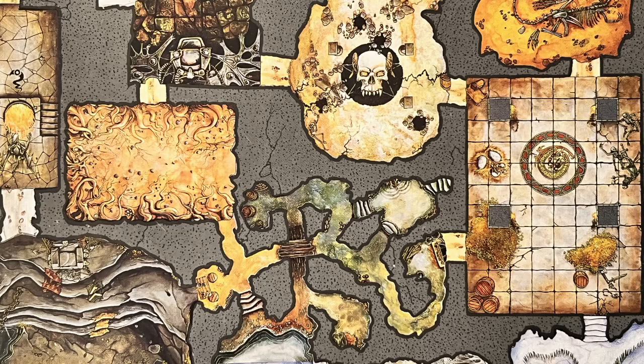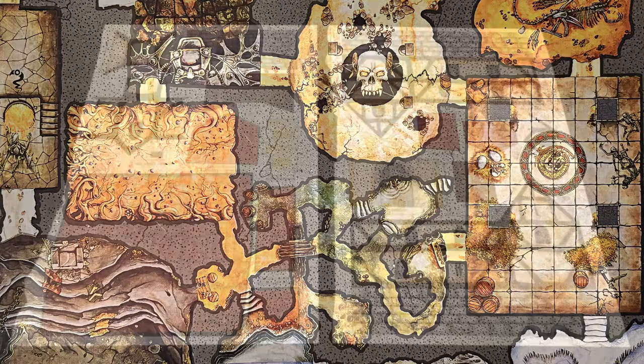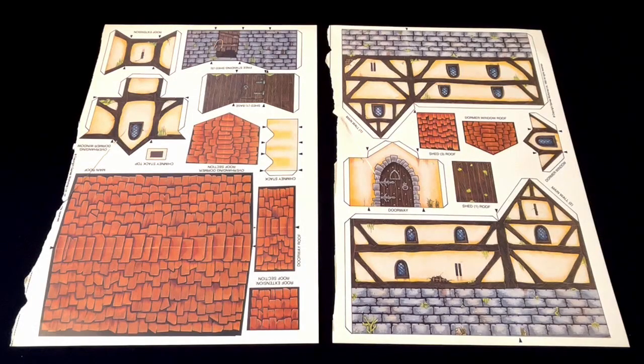It's a period of time I have a lot of fondness for, and for someone who enjoys classic Games Workshop and all the nostalgia that surrounds it, this is just perfect. And that's almost all I have to say, because this gift really is the gift that keeps on giving. Tucked within these floor plans were 2 sheets of thin card with all the components for building a house suitable for Warhammer Fantasy Battle. At first, I thought these might be from the Townscape collection that Games Workshop published, but